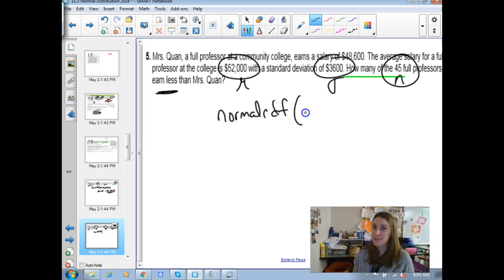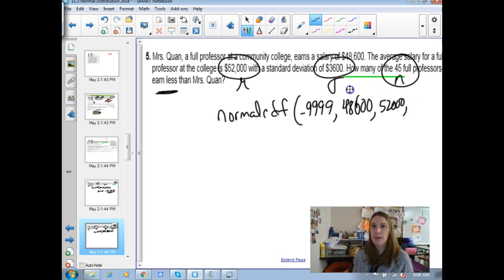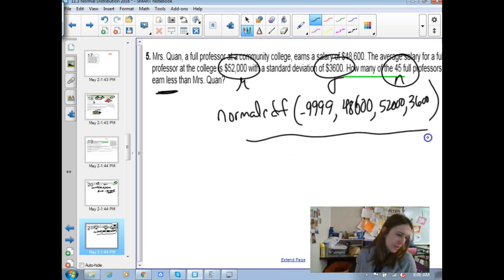I want people who earn less than Mrs. Kwan. So something really, really far to the left, negative. I mean, you can go to 0 if you want. It doesn't matter. Your calculator doesn't care as long as it's definitely way, way, way left. So negative 9999. And then Mrs. Kwan earns 52,000. The mean is, oh no, she doesn't. Back up. Read, Abruzzo. 48,600. The mean is 52,000. And then the standard deviation is 3,600. So this on my calculator